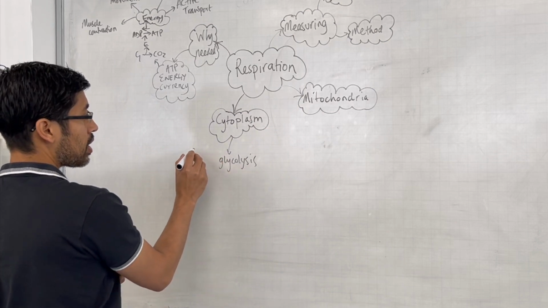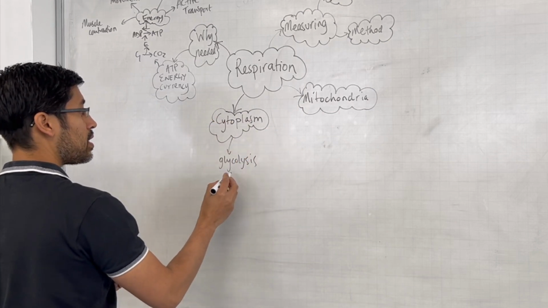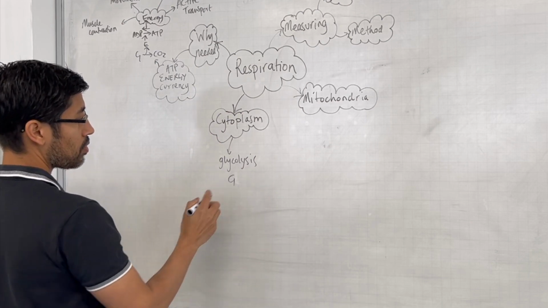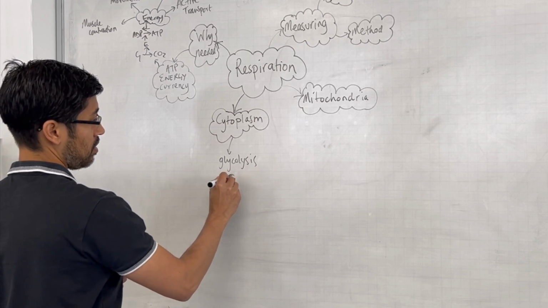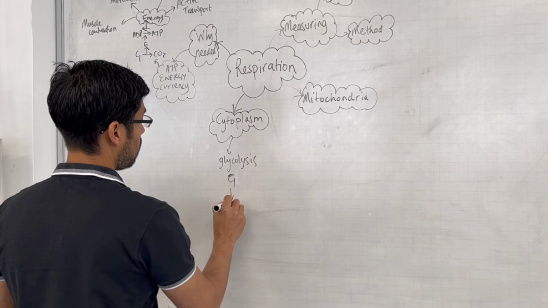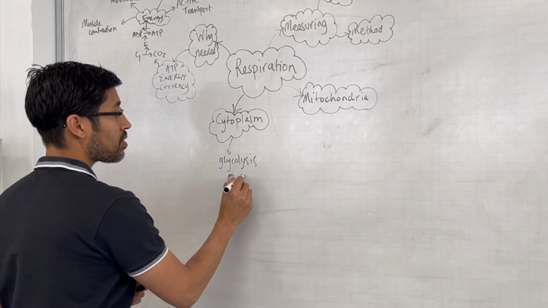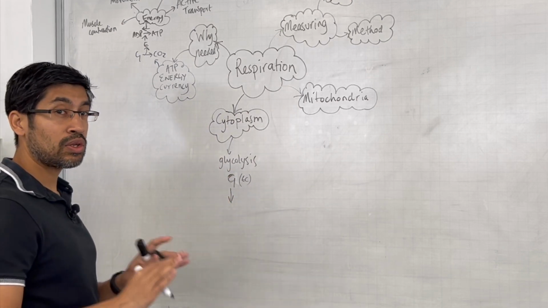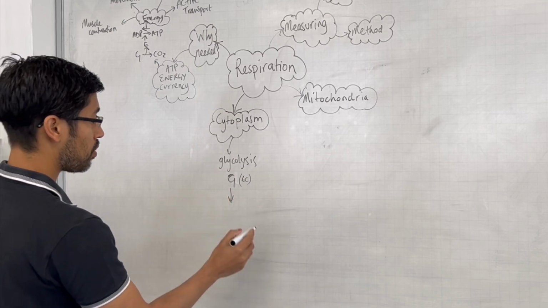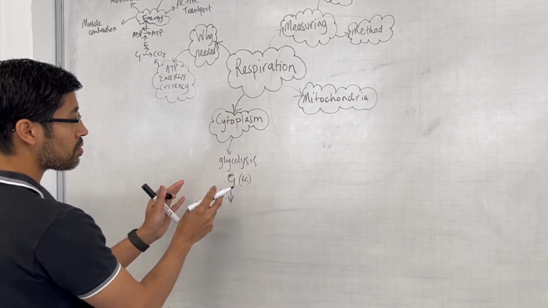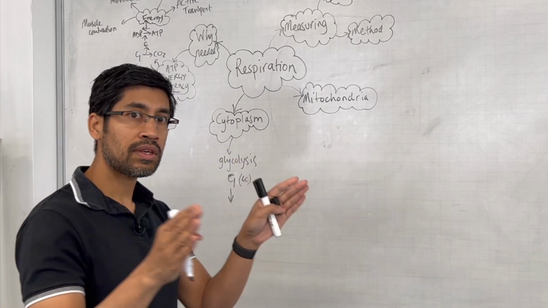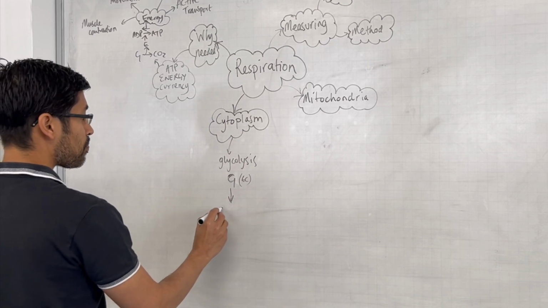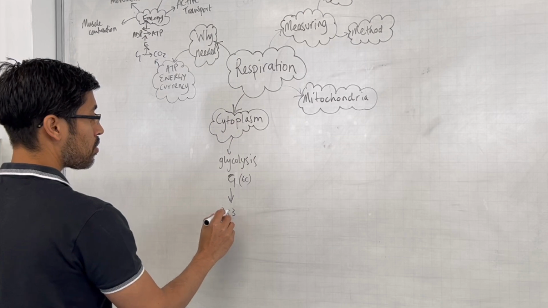But yes, glycolysis. Glycolysis happens in the cytoplasm and it takes glucose as its main input. I'm just going to call it G, okay? Glucose is a G. Remember, glucose is 6 carbons. I like to simplify this process into 2 steps, even though there might be multiple ones. First, we phosphorylate the glucose, so it becomes a double phosphorylated 6 carbon sugar, but then chopped in half, and at the middle point, what we end up with is 2 times 3 carbon sugar